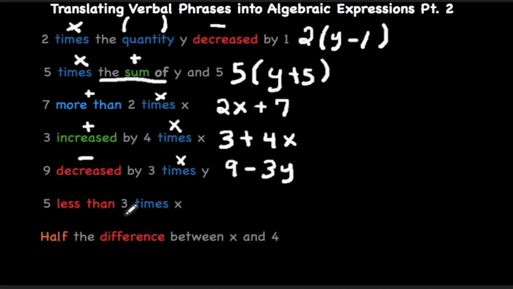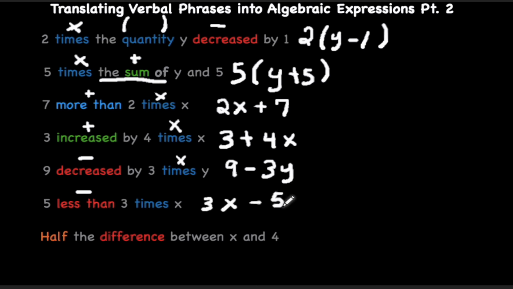5 less than 3 times x. So be careful with this. We have less than, but this is our switch statement. So 3 times x belong together. So that goes over to the left where the 5 is, and the 5 will go where 3 times x is located. So this becomes 3 times x